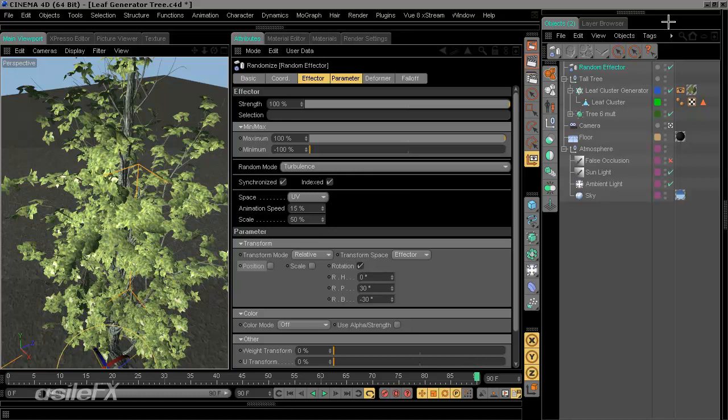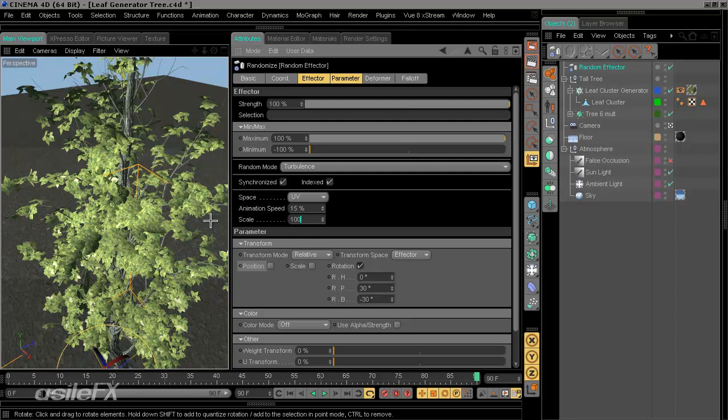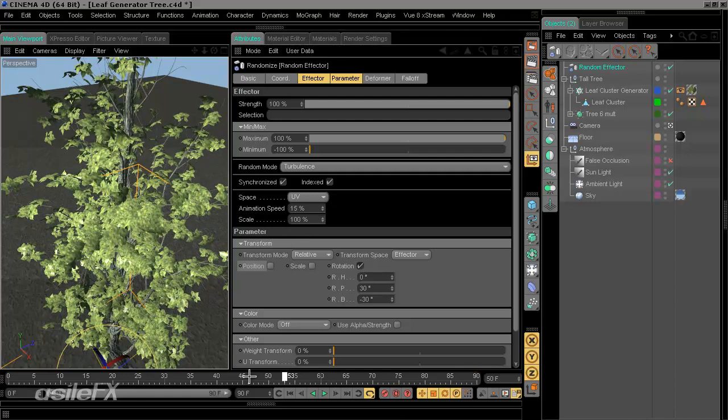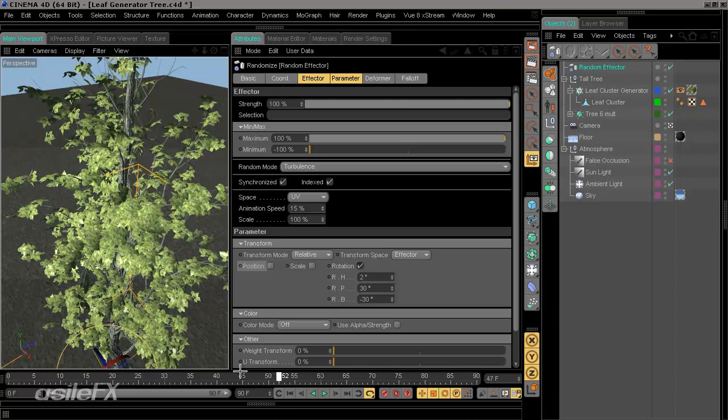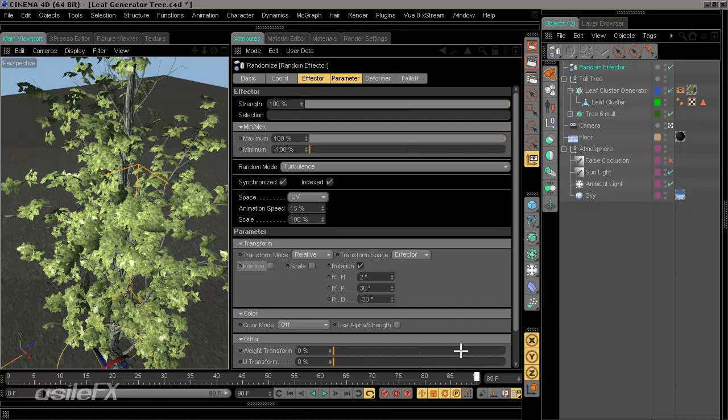You can also choose to set up a duplicate wind system for fluttering, maybe with a different scale, and just kind of mix together different random turbulence at different scales and at different overall pitch, bank, even heading a little, in order to create as much realism as possible and as much variation. The minimum and maximum controls of this also allow some nice variation and can also be keyframed. So if we wanted the leaves to all kind of shift in a certain direction, we could use the minimum and maximum amounts,